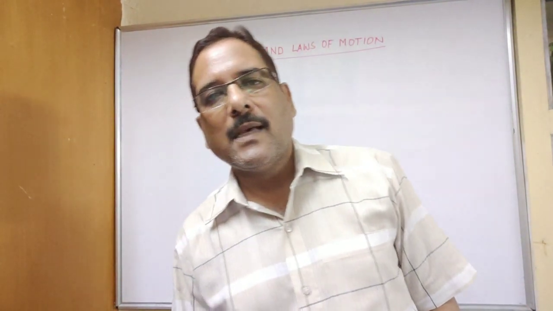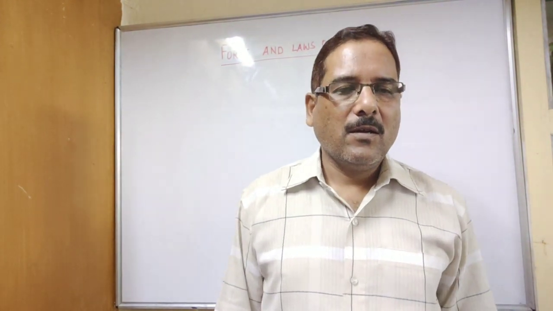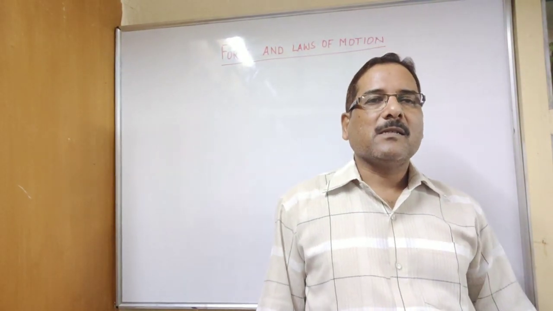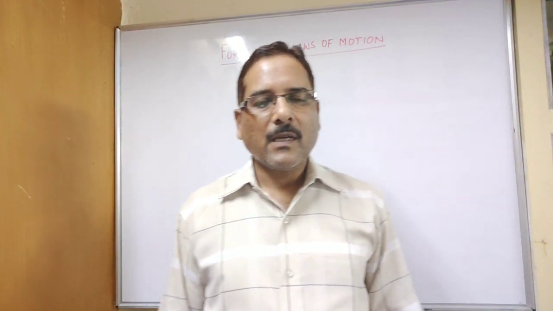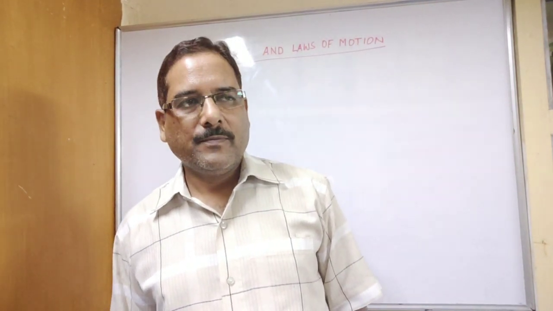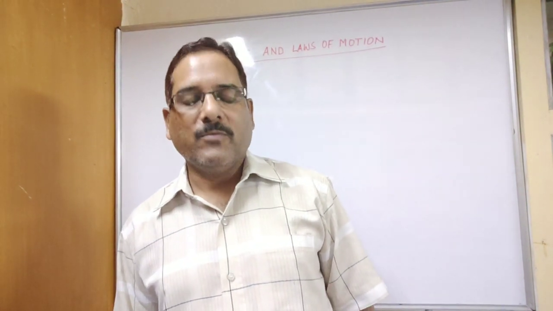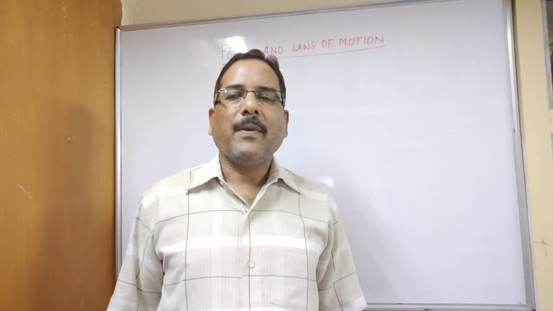In the previous chapter, we described the motion of an object moving in a straight line, and we discussed motion in terms of its position, velocity and acceleration. We have also discussed uniform motion and non-uniform motion. Now in this chapter we will find out the cause of motion, what causes motion. If you think about it, motion is always caused by applying force.